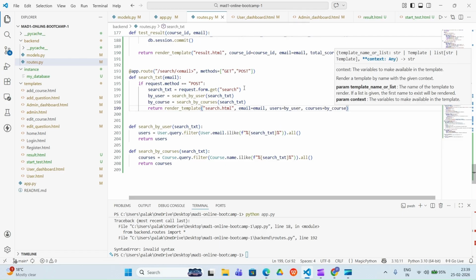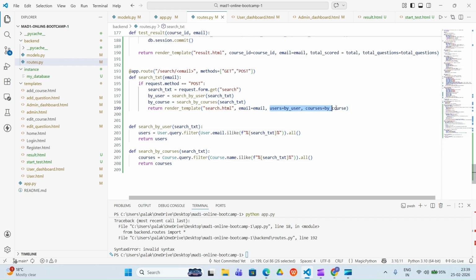Okay, so if you want, then you can collect this user and courses part into a result dictionary. And then you will go into that particular result part, and from there you can search for the user and courses. Or you can just go for the simple way, like here I am returning into the template only, render template only. So you can just do it in the same way also. Or else if you want, you can create one result here, and then write these things into that result, and from there you are going to get these things. Okay, so this is the part that you can do.